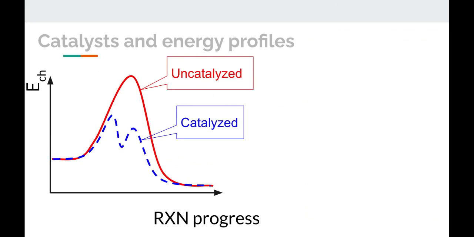The catalyzed reaction occurs in two steps. The first one is slow, the second one is fast, but both of them have much lower activation energy than the uncatalyzed reaction, and so the reaction goes faster. If we think about the Arrhenius equation, the reason for this is because the activation energy got lowered, and the activation energy being smaller makes the rate constant